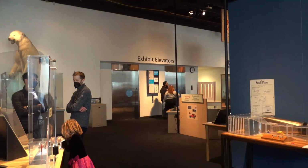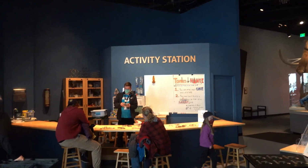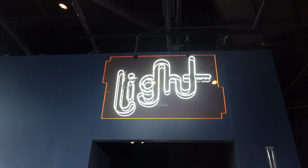And now we have come down one more floor where they have all sorts of different things. An activity station and light. Let's see what this is about. Here is a wall of light, and you think that my shadow would be dark, but it is not. That is my hand, as you can see, waving. Hey,